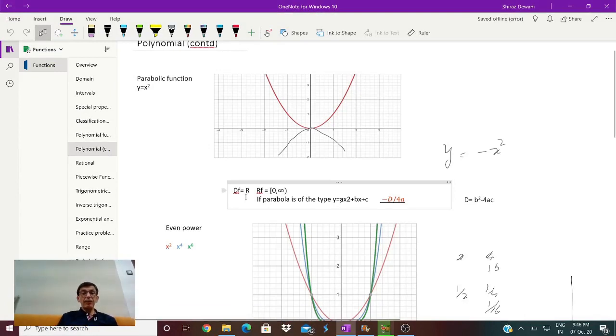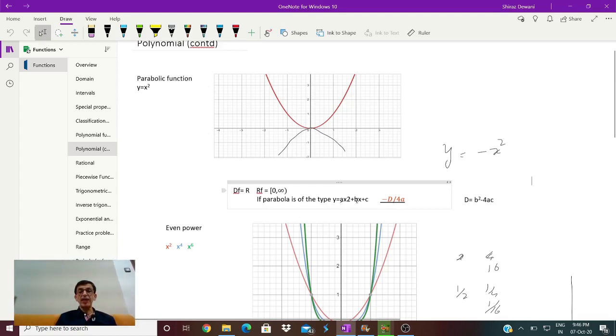Now in this parabola, the domain is the entire set of real values. It can take any value of x. But the range for this standard parabola has an upper limit of infinity and a lower limit of 0. In case the parabola is not of the standard type and it is of the type y equals